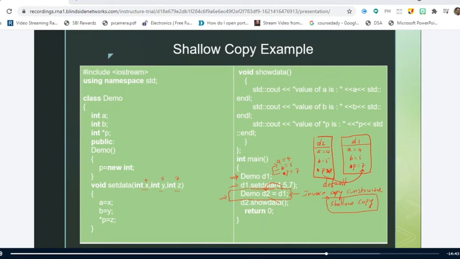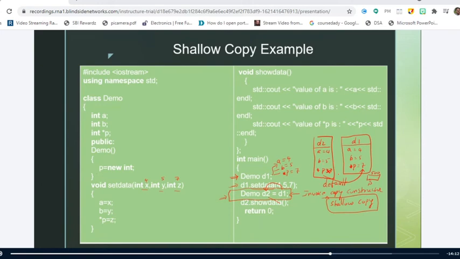Whatever star P is there, for example, assume P is at location 500. The same 500 location will be shared by D2 also. So whatever value is pointed to by this location 500, it is again pointed to by the other pointer that belongs to D2.